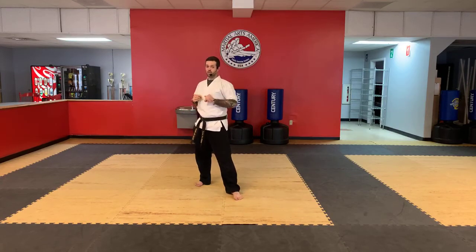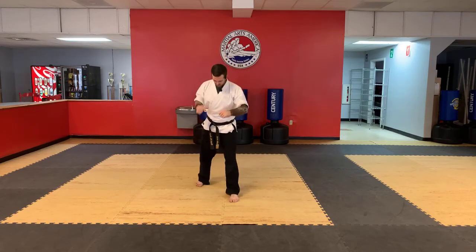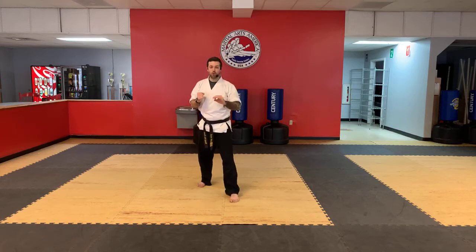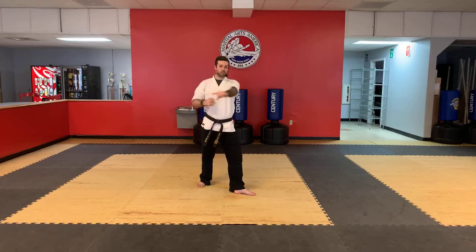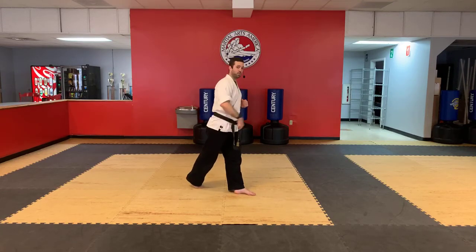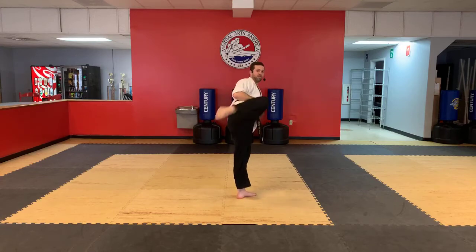This is the fun side, so you have to make sure you take your time, do all the little things right. Little things as in this is your checklist in order as you're kicking. Left foot's in the back. Hands are up. You start by turning your front foot. Then I continue by pulling this back shoulder through. And then I continue by showing the shin of my foot, of my left leg, extend the foot out, set